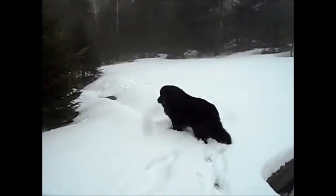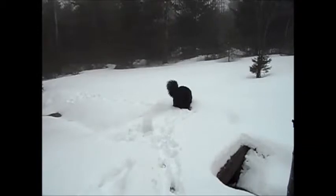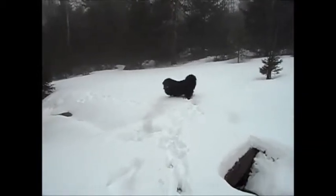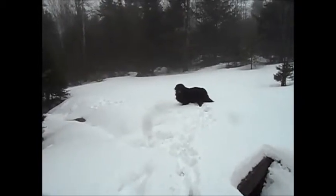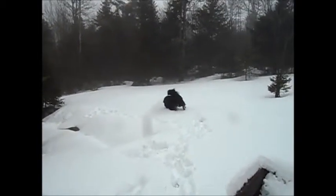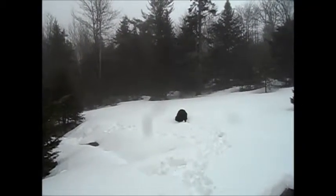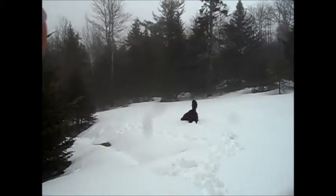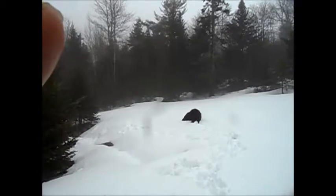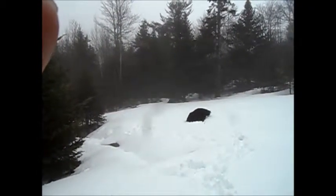I just moved down a little bit to continue the walk with the old boy here, and went off trail because of the nice soft snow. He says, "Come on, shut up and come on." There's at least a foot of snow or more, and he loves to chase. There's a lot of mice underneath the snow, and he just loves chasing them. He never catches anything, but I think he can hear them, because I know the fox actually can hear them and catch them. Anyway,